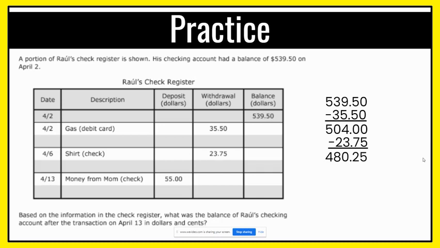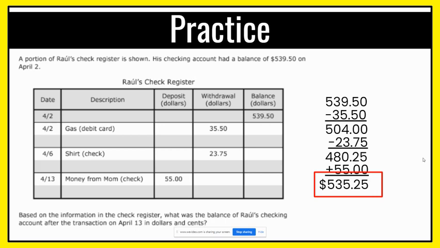So now I have taken out my 2 withdrawals. And the next thing I had was a deposit. Now, deposit means I'm adding. So I'm going to add the $55 I got from my mom. 5 plus 0 is 5. 2 plus 0 is 2. 5 plus 0 is 5. 8 plus 5 is 13. Put down the 3, carry the 1. And our ending balance was